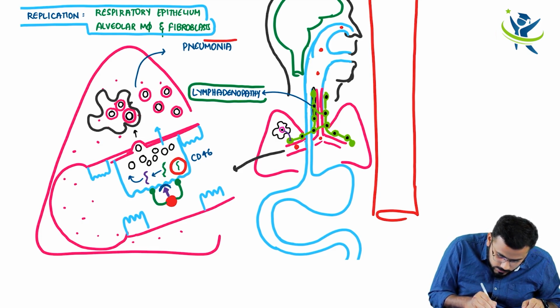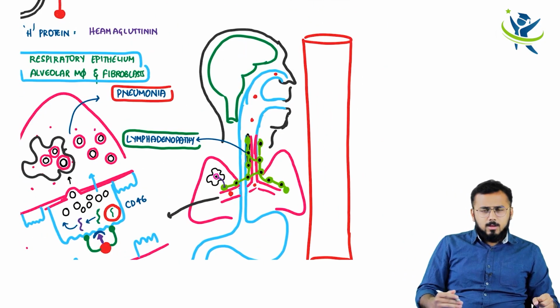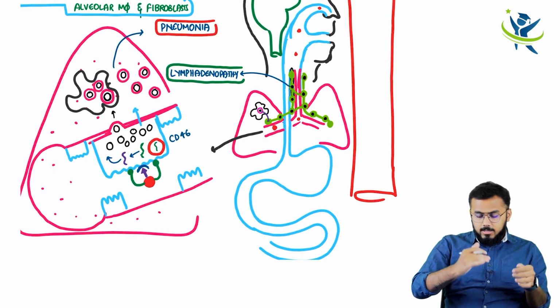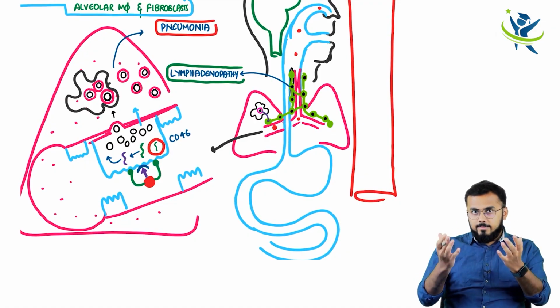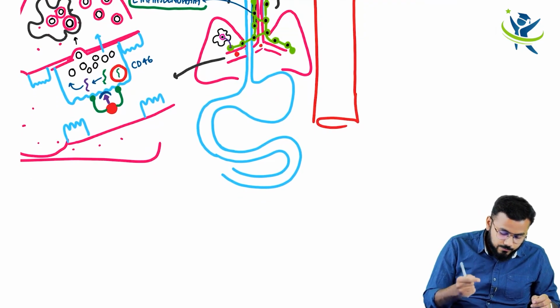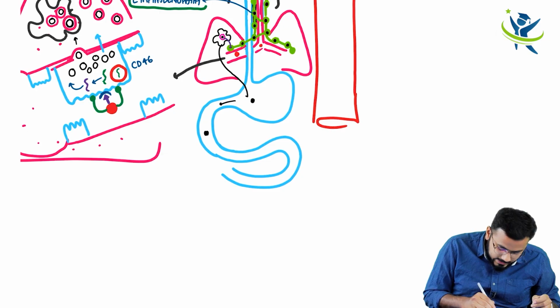So you're going to see pneumonia in the patient as well. Not only that, this virus affected your lungs, you know how it affected. It affected your lymph nodes, you know how it affected. Now this virus, look here, very interesting. From here it is even going to enter into your stomach. From the stomach this virus is going to reach your intestines like this. You see, this virus is reaching your intestines.